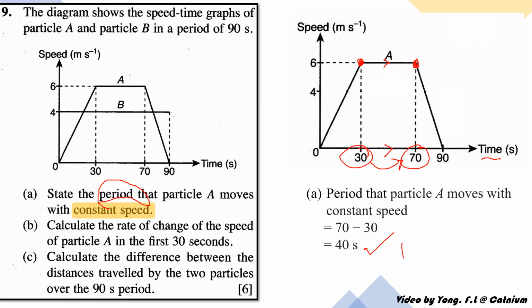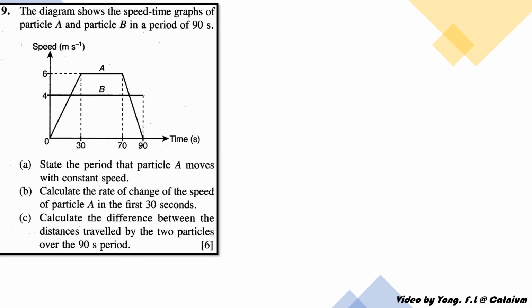Normally this kind of question will be 1 mark only, 1 mark. Okay, so this is for A. Okay, now continue for B. So what is the needs of the question B? B, they are calculate the rate change of speed, kadar perubahan laju of a particle A in the first 30